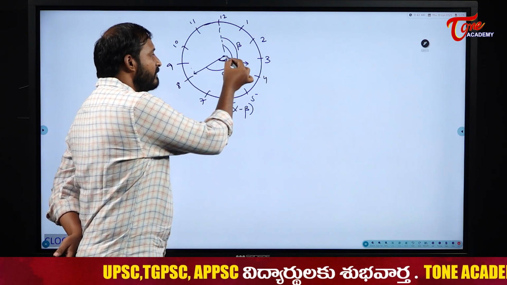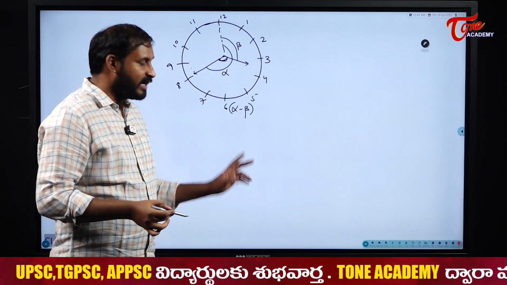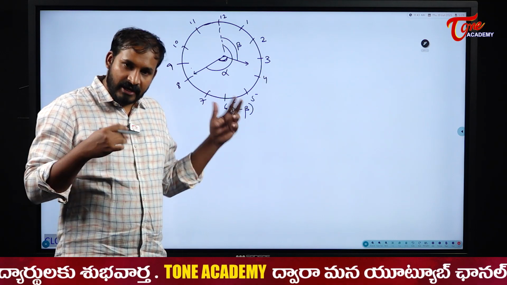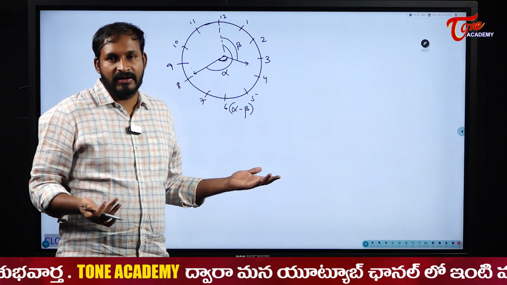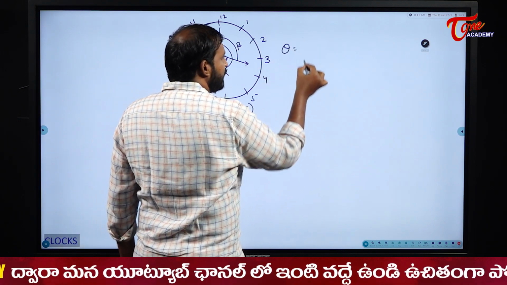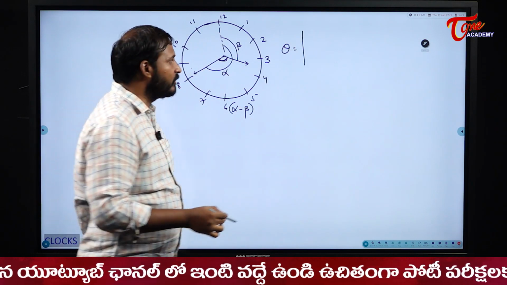Here. And where will my minute hand be there? Here. So, in that case, my hour hand will travel more distance, right? Sometimes my hour hand will travel more distance, sometimes my minute hand will travel more distance. So, to avoid the confusion, the angle between two hands of the clock, theta, is equal to the modulus of